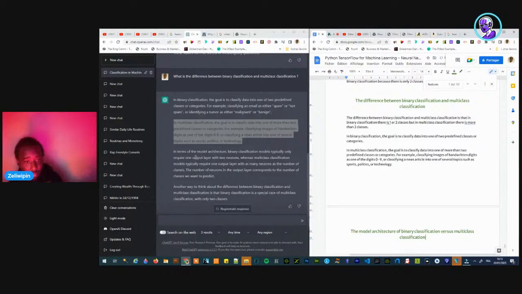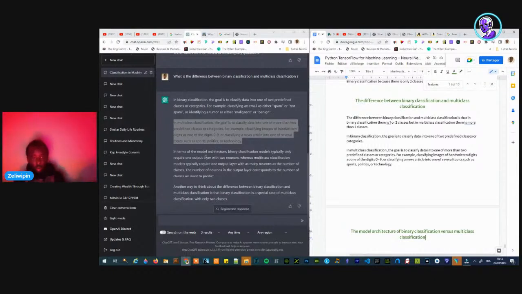In terms of the model architecture, binary classification models typically only require one output layer with two neurons.